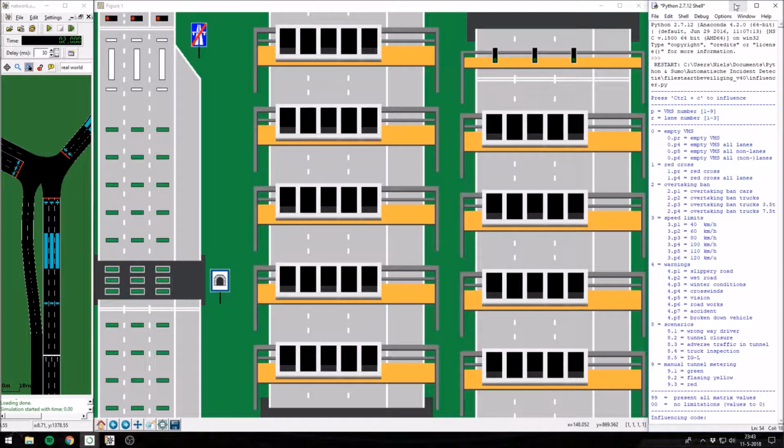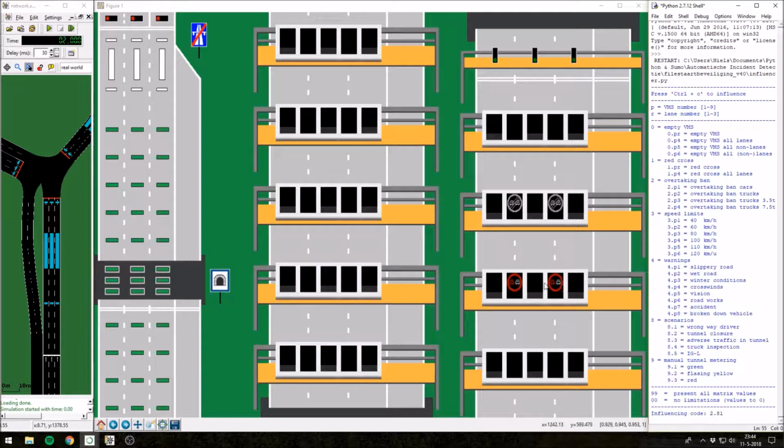So to start off with the first category, which are the overtaking bands, as you can see on the right here, in the influencer function, there are 4 overtaking bands, of which 3 are related to trucks and 1 is related to cars. So to start with the cars, let's assume that I want to show them on this VMS right here, on the 8th VMS. I should type the code 2.81, and as you will see, the overtaking ban is now displayed on